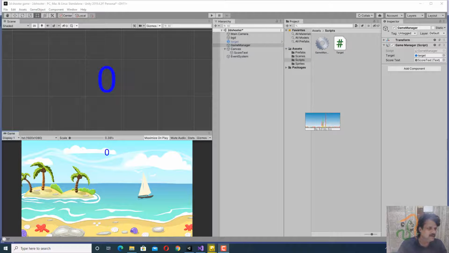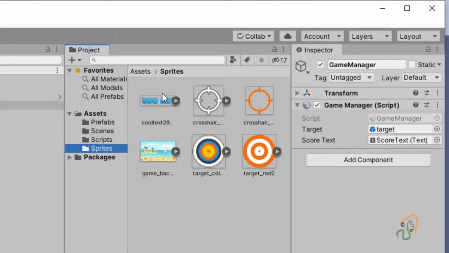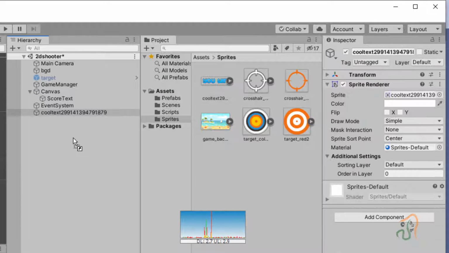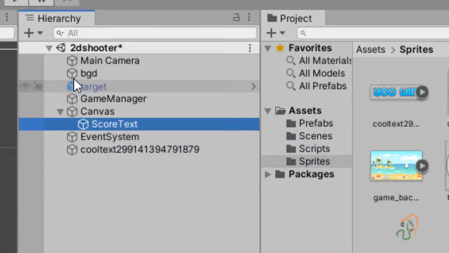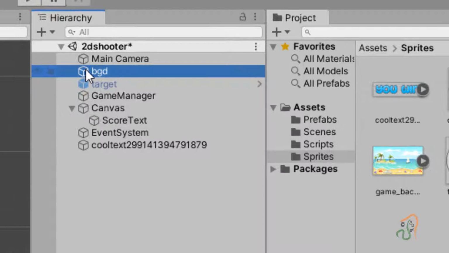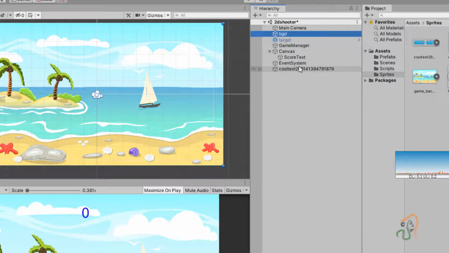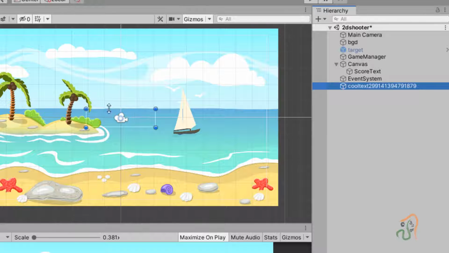If you come to the assets, in sprites, we have already added uwin. We have one PNG graphic. Now drag this graphic onto the hierarchy window over here. So it has been dragged over here. Now select the background and double click on the background. You can see the background here. But as of now, the win graphic we added is not visible here.